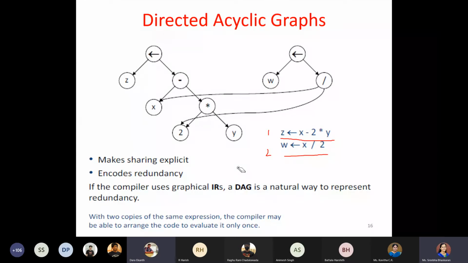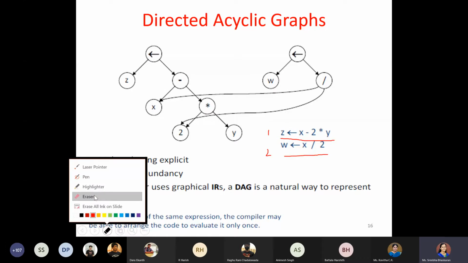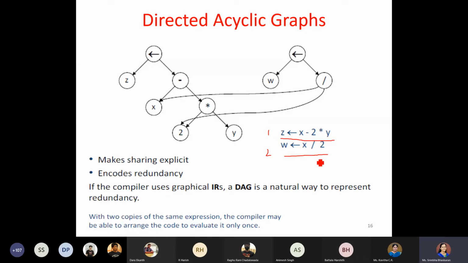For the right tree, we will create an X node. Say for example, in between, if you are having some x is equal to x plus 1, what will happen? In between, here it says x is equal to x plus 1.